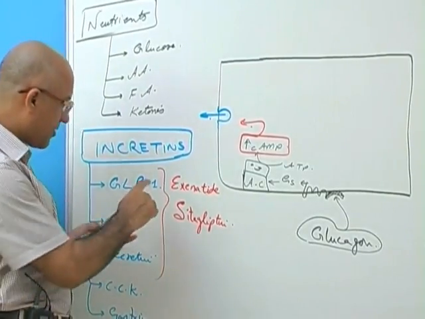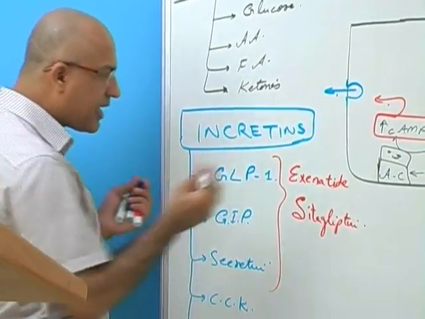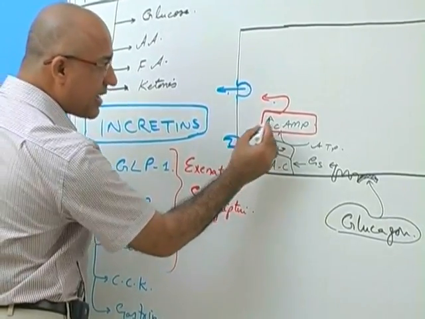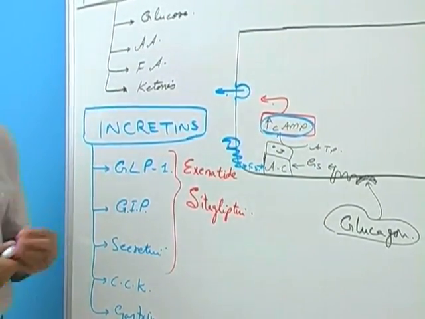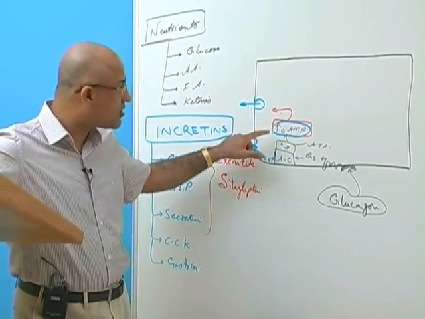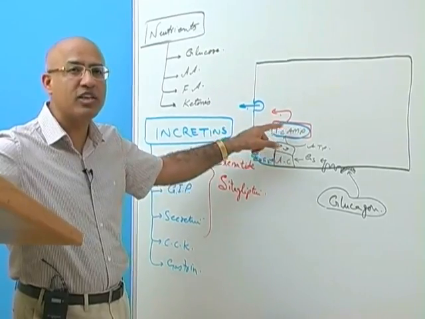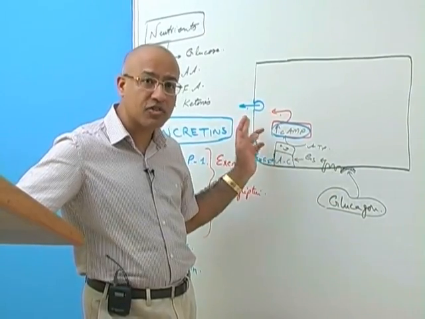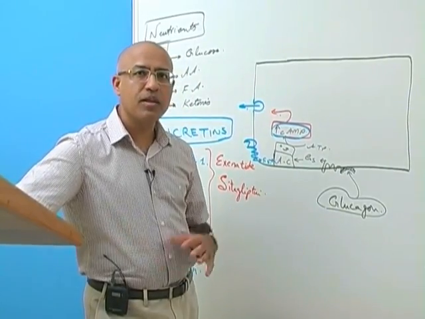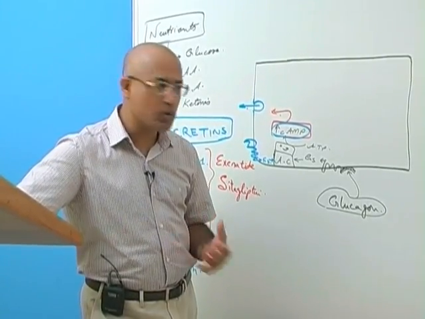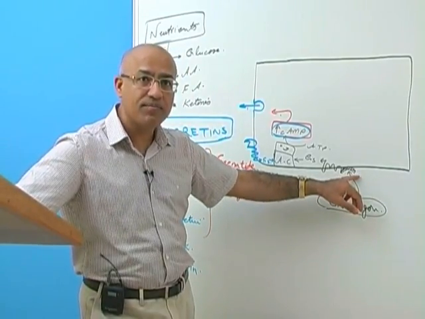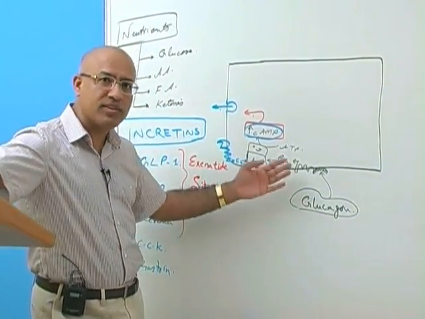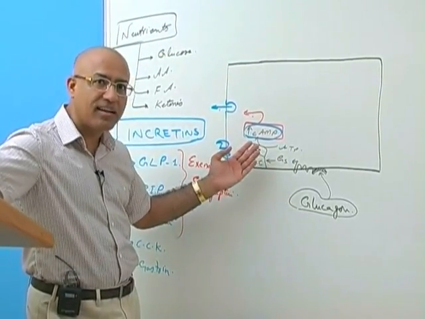And remember that glucagon like peptide 1 and gastric inhibitory peptide, their receptors are also coupled through the G stimulatory protein to adenylyl cyclase, and they also lead to an increase in intracellular cyclic AMP. Actually, we must know all the factors which increase the level of cyclic AMP inside the beta cell, they lead to additional release of insulin. So I was telling you that glucagon can directly stimulate the beta cell to produce extra insulin. And here I should mention patients who have glucagonoma. These patients overstimulate the beta cell. And when they overstimulate the beta cells over a long time, the beta cell becomes exhausted. Initially insulin secretion is more, and when overstimulation leads to damage to the beta cell, then insulin production becomes less,